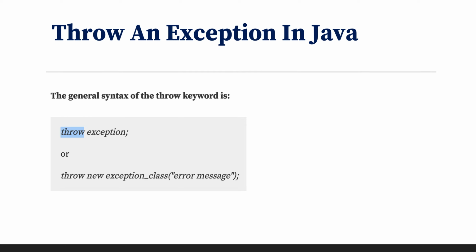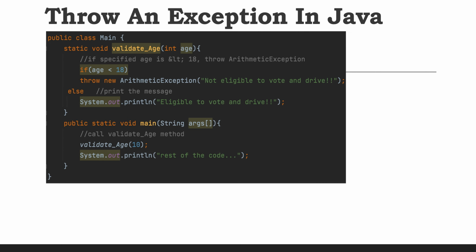Like earlier, when there was an exception, it was throwing the exception, we were putting it inside the try block, and then the catch block was catching the exception, right? But let's say we have some requirement where we want to throw some exception based on a certain condition. For example, let's say we have written logic like this: validate age, and here we are providing the age value. If the user provides that age, it is going to validate it. If age is less than 18, we want to throw some exception with some message like this.